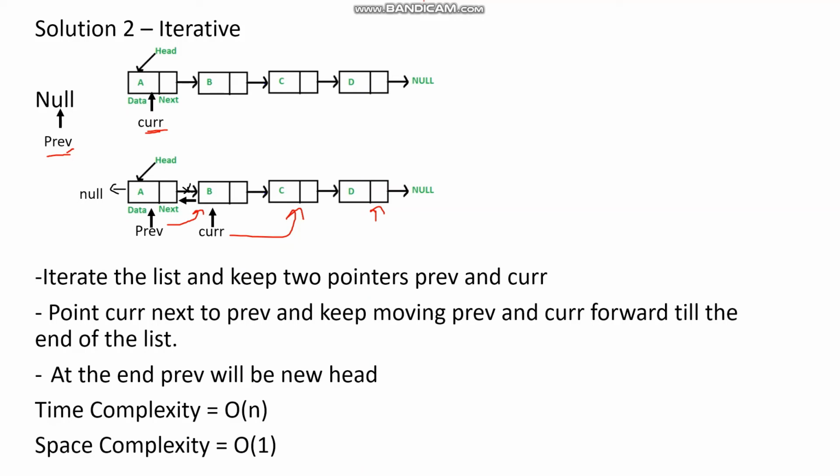While moving forward, we will have to keep updating our current pointer's next to the previous pointer. So as you can see here, our current pointer is here. So the current pointer's next will start pointing to the previous pointer. We keep doing that while moving forward. So at the end, all our nodes will be keeping the address of the previous nodes, and at the end we will keep this as the new head because our linked list has been reversed and our new head is the last node of the previous linked list.